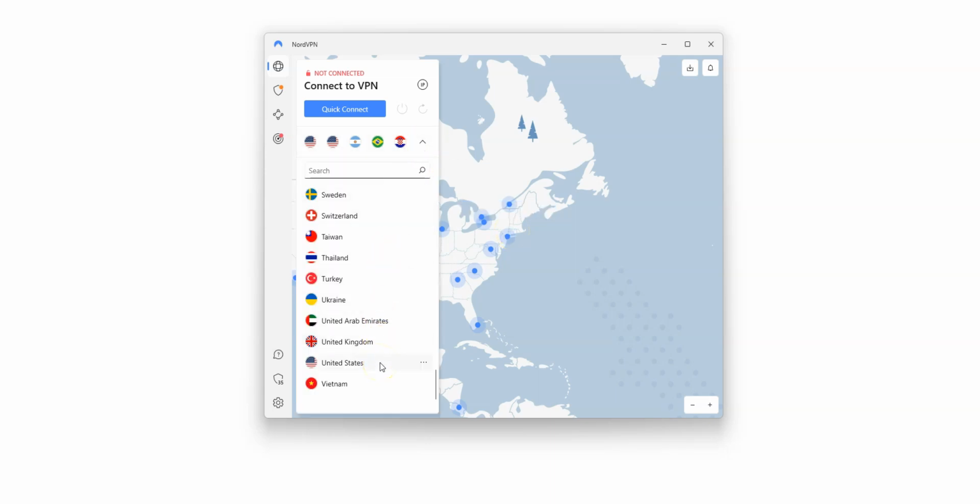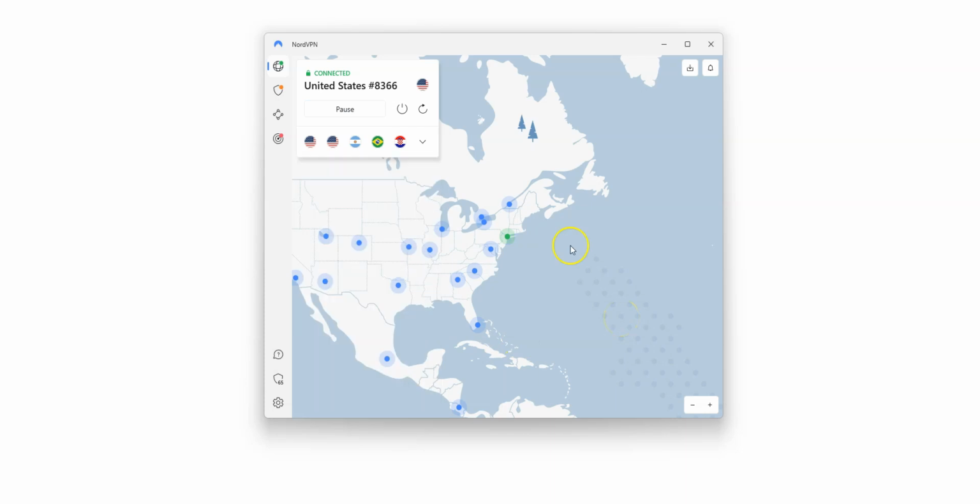There are a lot of countries, including the US and UK, but also Canada, Australia, Germany, France, Spain, Italy, Japan, South Korea, just to name a few. These are all countries from which you can make it look like you're in. Simply select a country where Cloud AI is available, such as the US for example. I click on the US, it's connecting, it only takes a few seconds. Done! I'm now connected to the internet virtually from the US. My IP address has been replaced by the IP address of the VPN server located in New York.